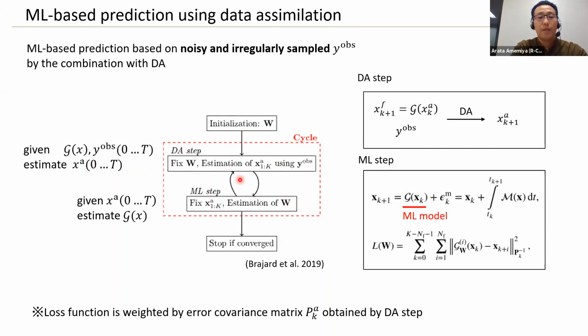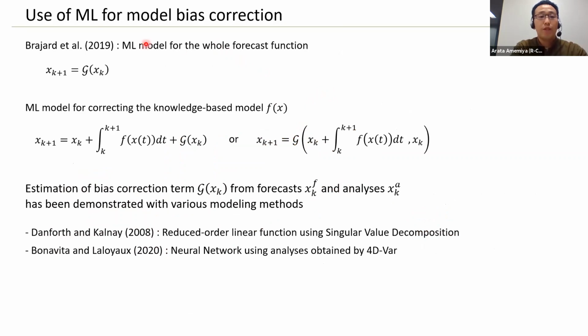And in the machine learning step, the forecast model is updated by training using the analysis time series. And these two steps are repeated a certain number of times, to improve both the analysis and the forecast model. In their approach, the model was a purely data-driven model, but we can replace this model with the hybrid